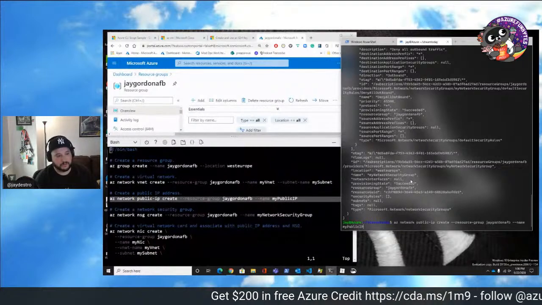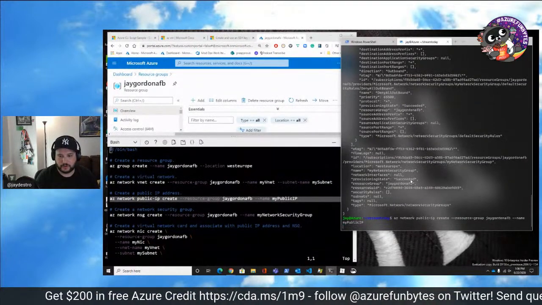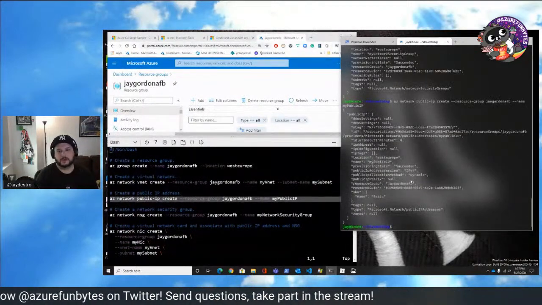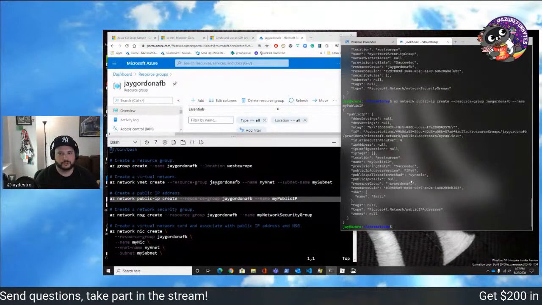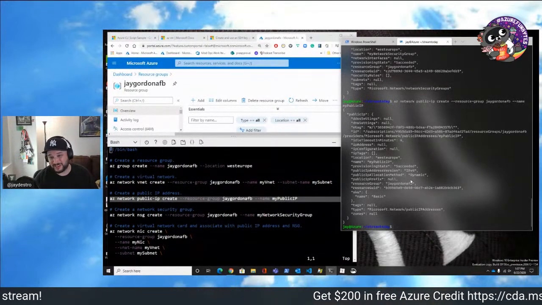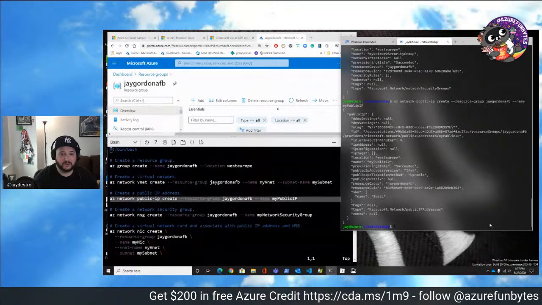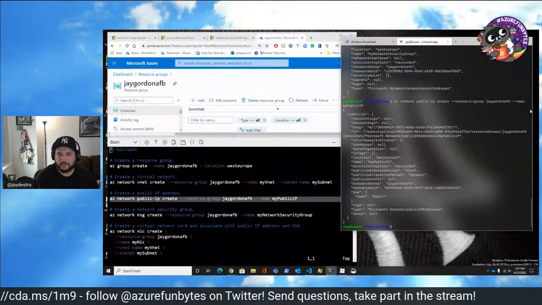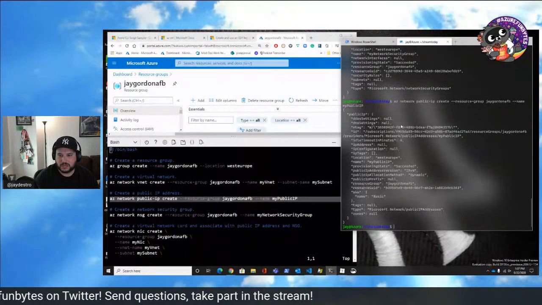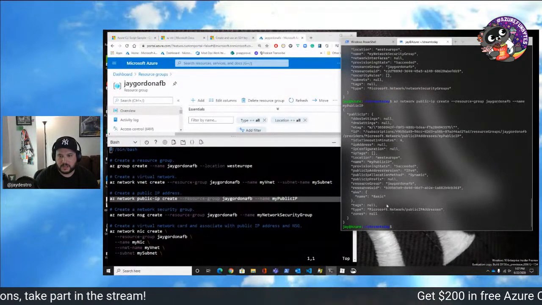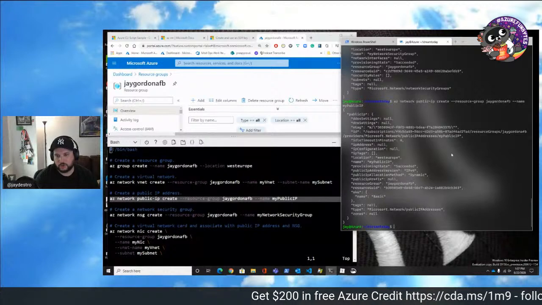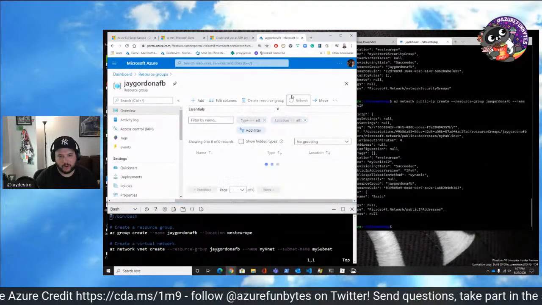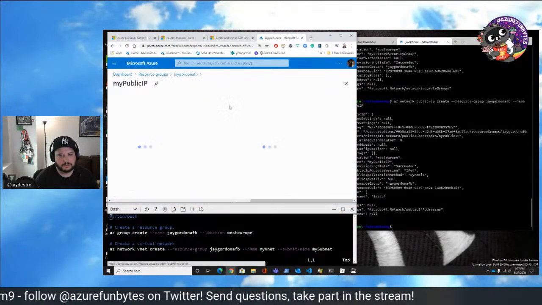So we know the names of our different IP addresses, because they may be moved around. We might want to call it prod IP 01, because it gets moved between different servers, because maybe you do blue-green deployments and you need to use these IP addresses to handle your servers, clusters of some kind. I'm just taking a guess. So we created our public IP address, and if you see, it's currently in the creation process. And so we don't see it right away. It's just going through and accessing it. But if you wanted to, you could use the command line to get it, or just go here. There's my public IP.